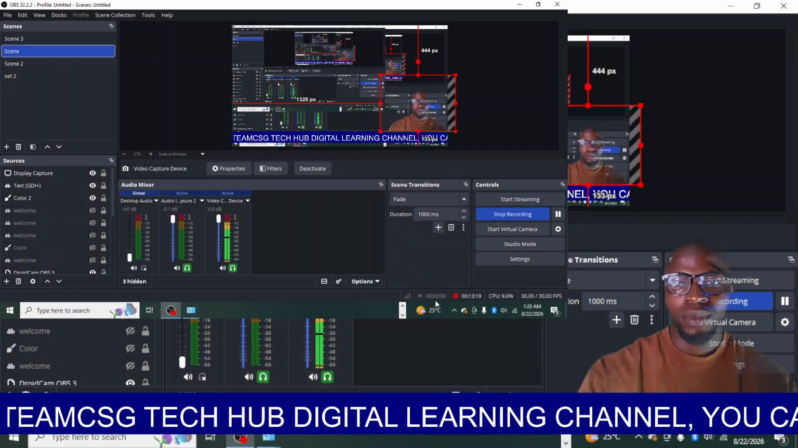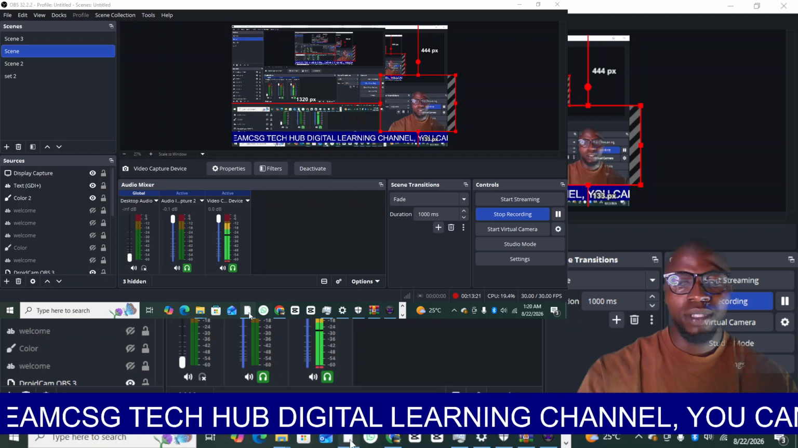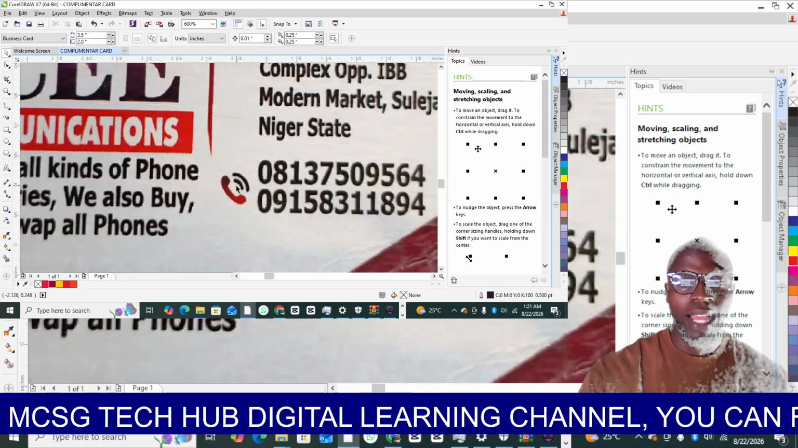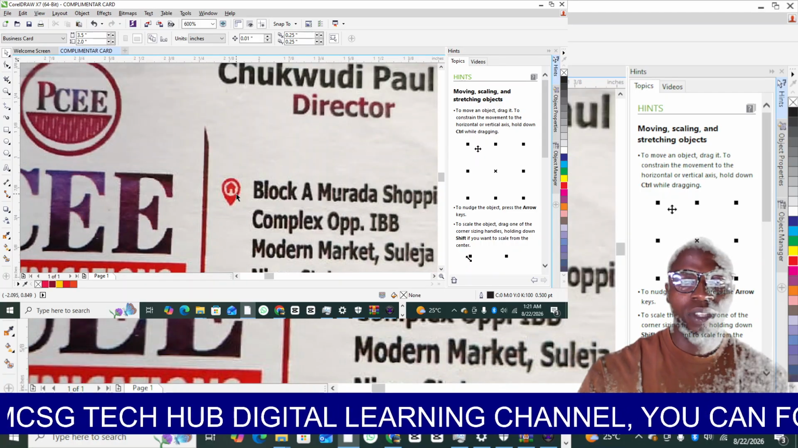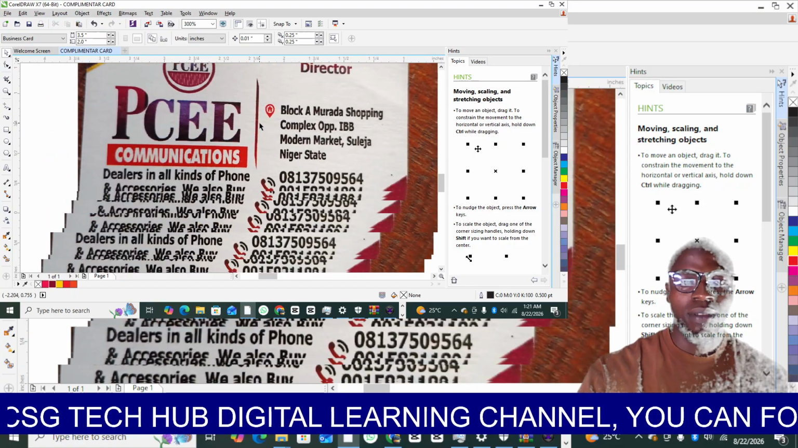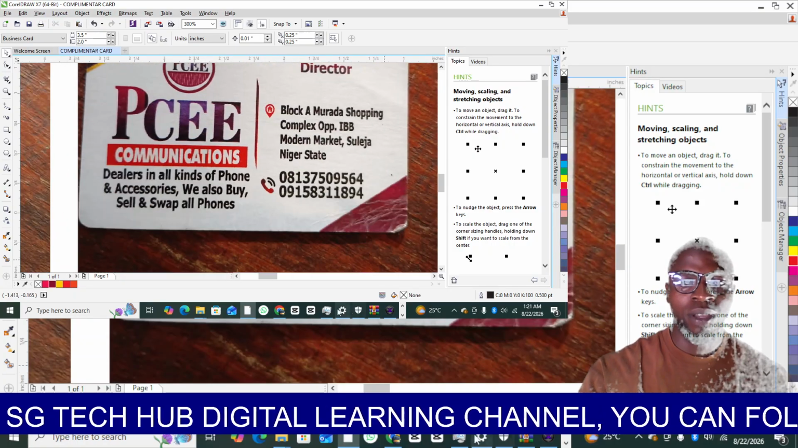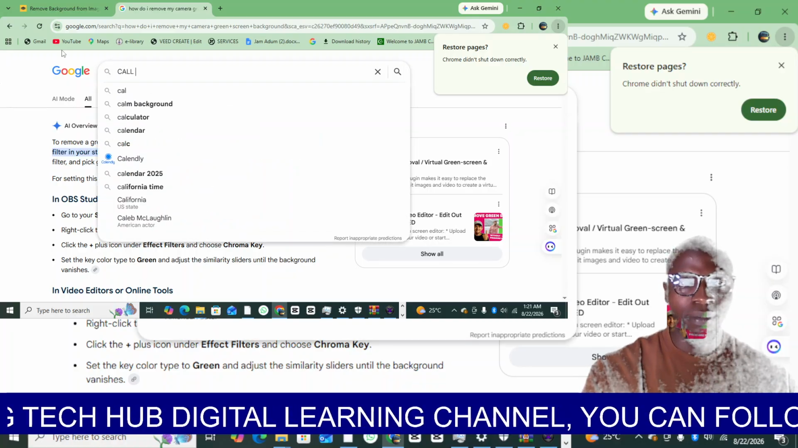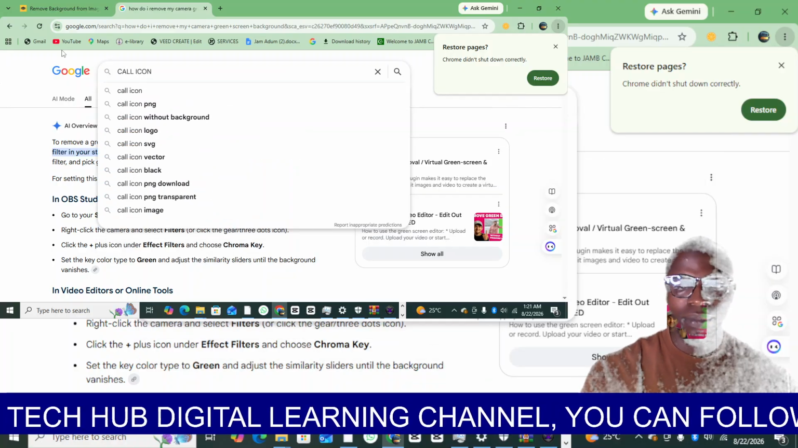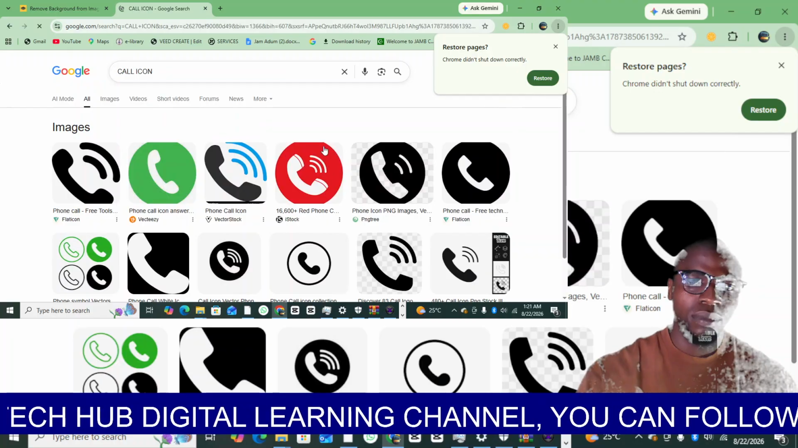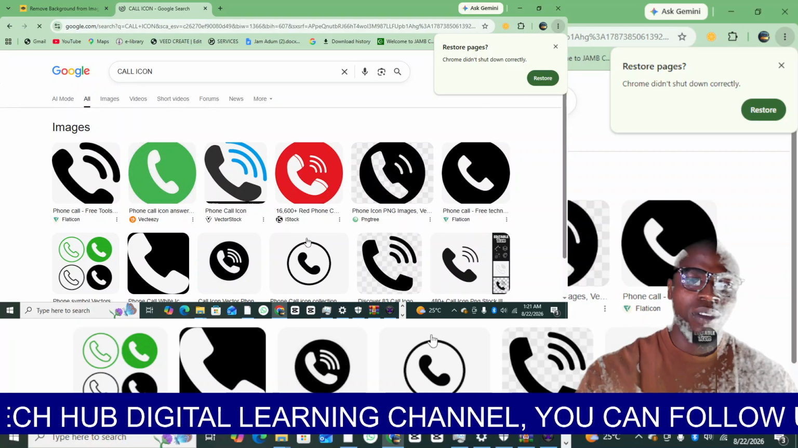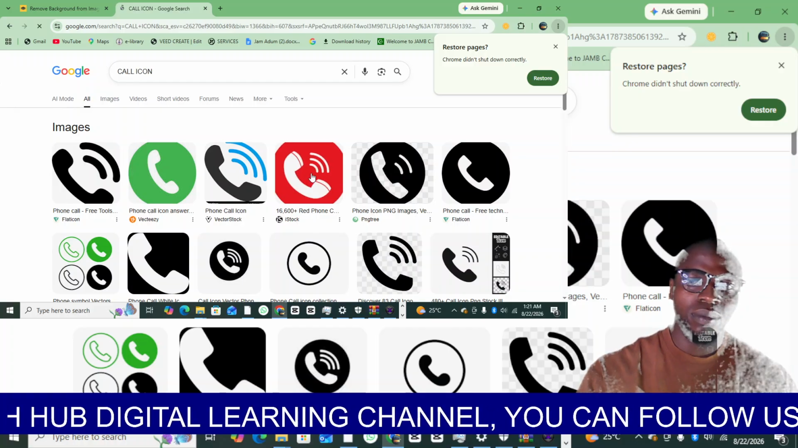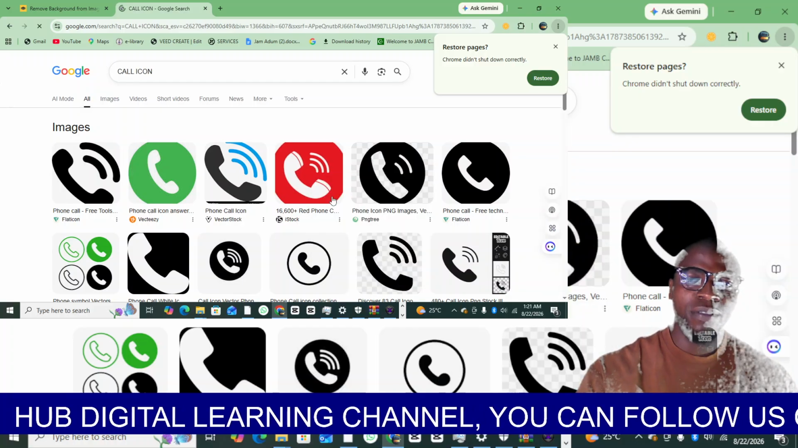So for us to get it, first of all, let's check the logo. We have call icon, then we have location icon, that's the 2 things we have here. So I'll just go to Chrome, type call icon, so you can see different call icon. I'll select this one, I download it, I click on it, save image,